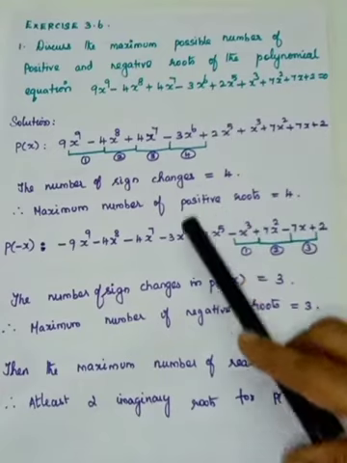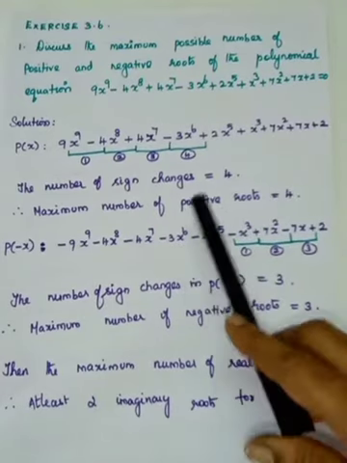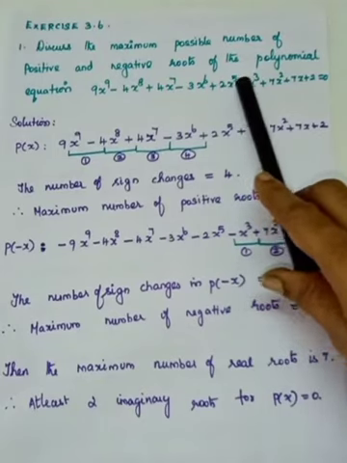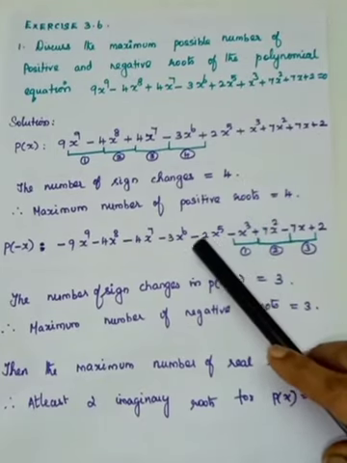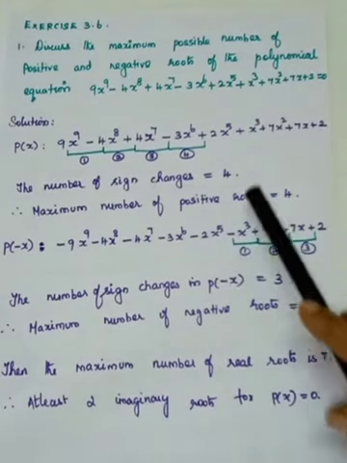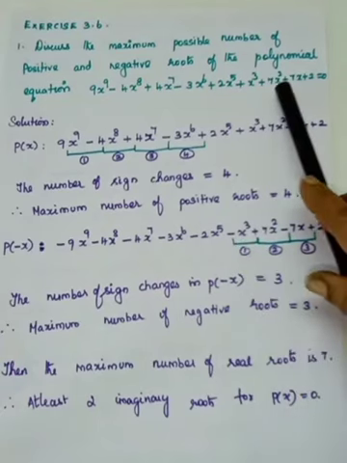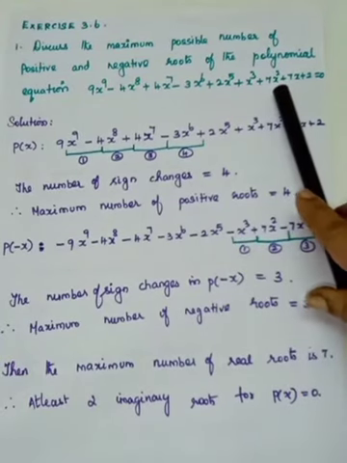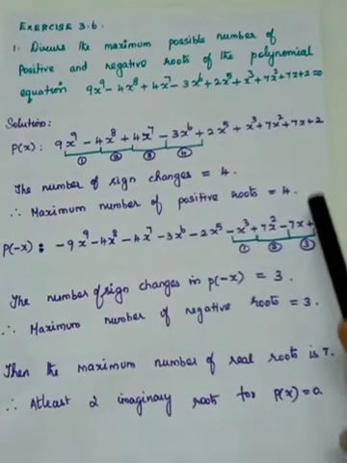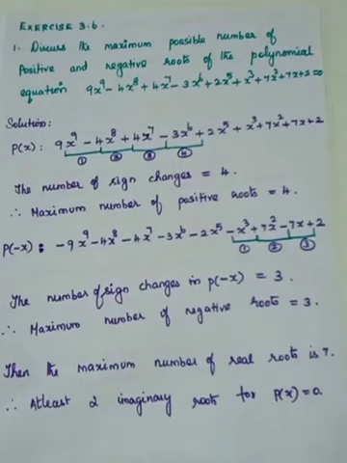It is plus x power 6 only, so the term you have to write as it is. Here the power of x is odd, meaning you have to write minus, so minus 2x power 5. Here the power is odd, so therefore minus x cube. And here the power of x is even, so therefore the same thing has to come. Here the power is odd, so it is minus 7x and the constant plus 2. So p of minus x we have found.